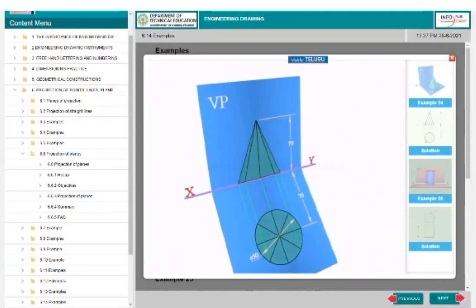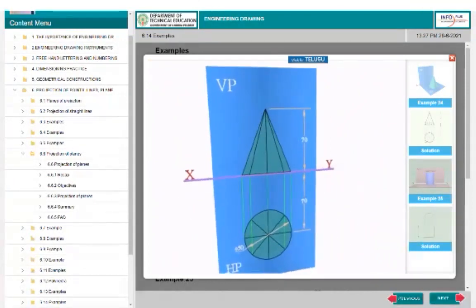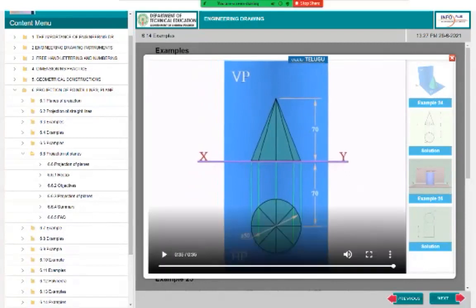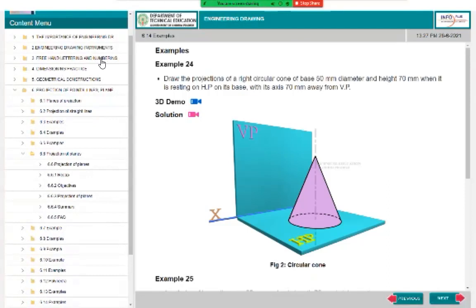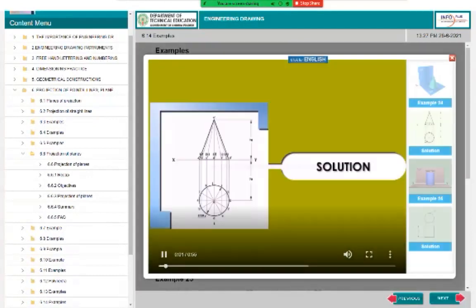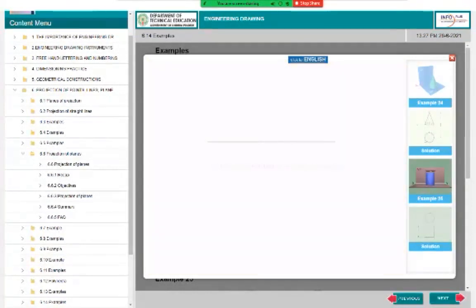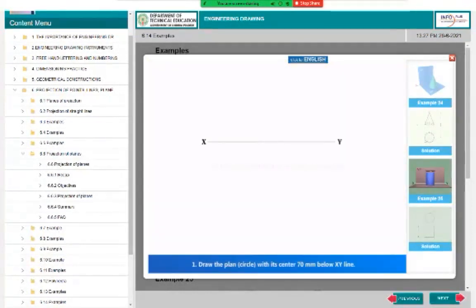A right circular cone of base diameter 50 mm and height 70 mm is resting on HP on its base with its axis 70 mm away from the vertical plane. Solution to example problem. Draw the plan, which is a circle with its center 70 mm below the XY line.